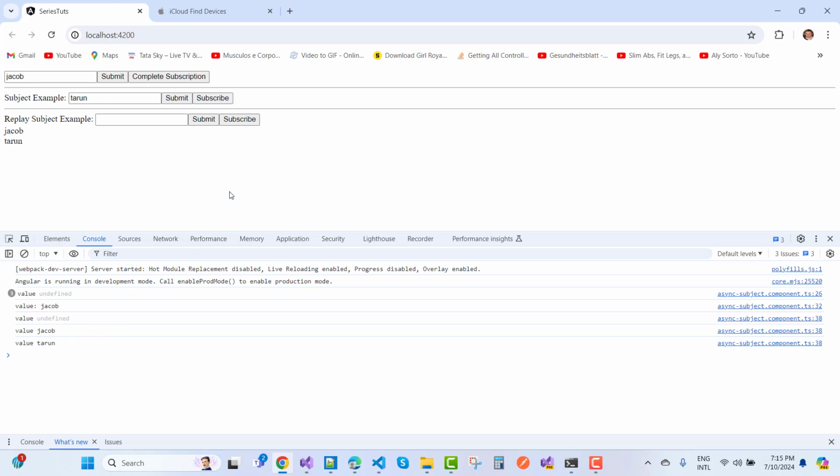Tarun. So in RxJS, a Subject is a special type of Observable that allows values to be multicasted to many observers, while an ordinary Observable is unicast. A Subject is multicast. Suppose you post the value into the Subject and it is posted to the multicast. Mark as subscribe. After the subscription, if a value is posted to the Subject, the value will be received by